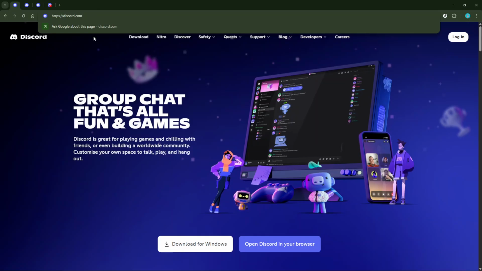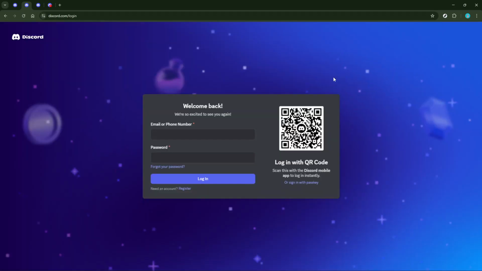Once you're on the home page, you'll notice a couple of options. What you'll need to do is click on the register button. You should see this somewhere on the main page, usually presented quite prominently because Discord wants to make it as easy as possible for you to start an account.